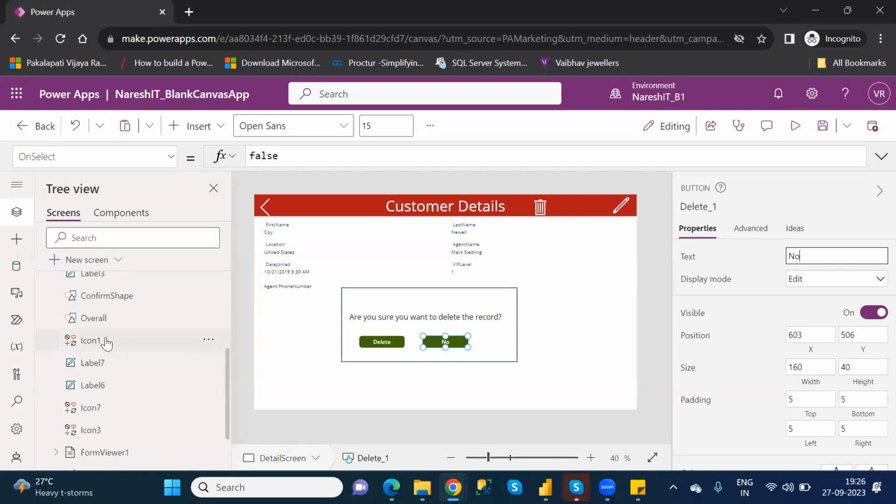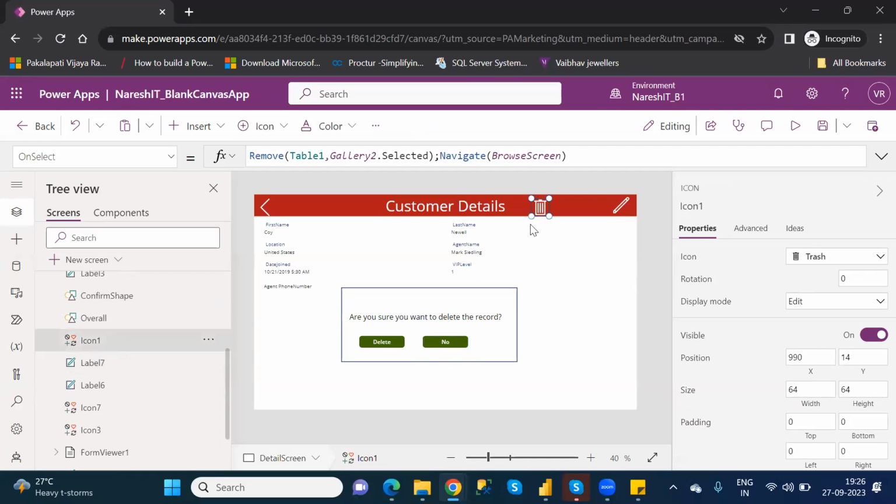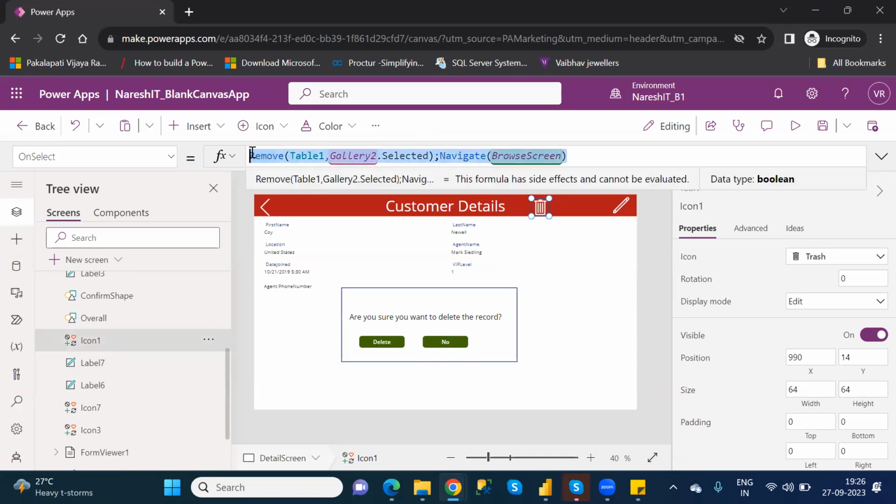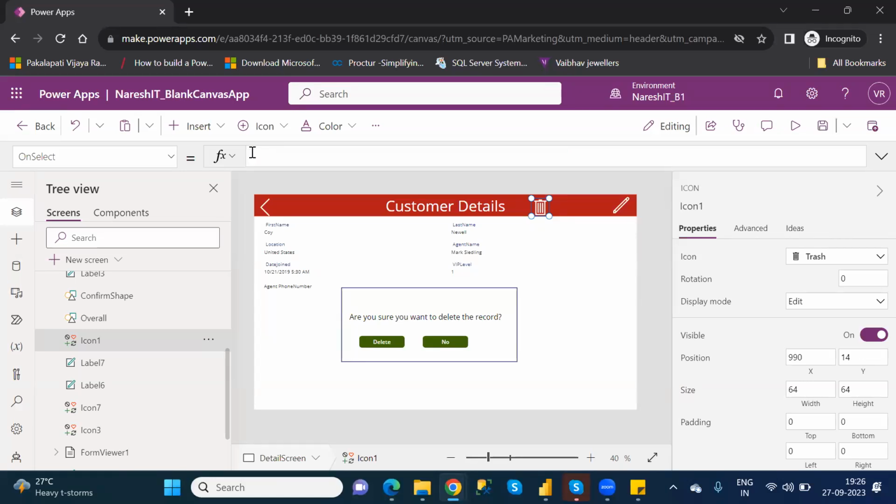The icon, yes, there is a delete icon, right? For this one, I want to remove it because I don't want to delete here itself. Where can I delete it? I can delete it in the delete button. In this button, I want to delete. Here itself, you have to write that.